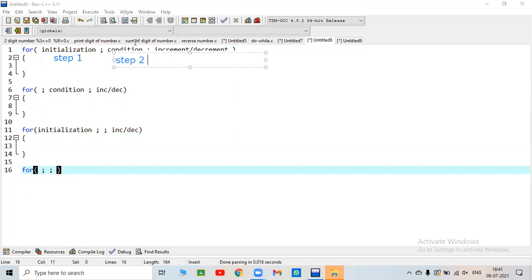Then the block of statements is executed, that is step 3. After that, the increment operator works. Okay.